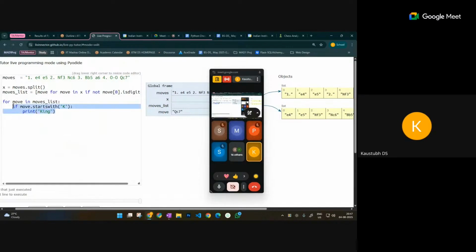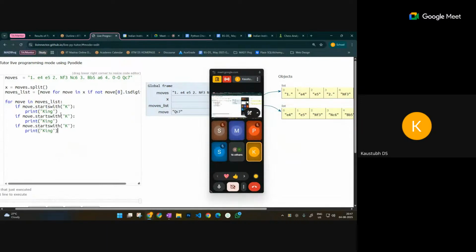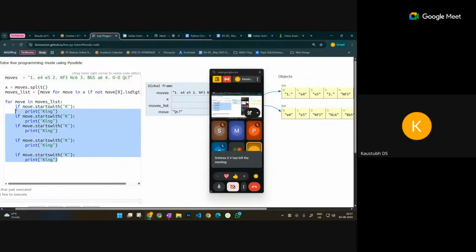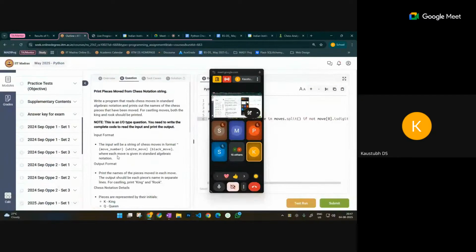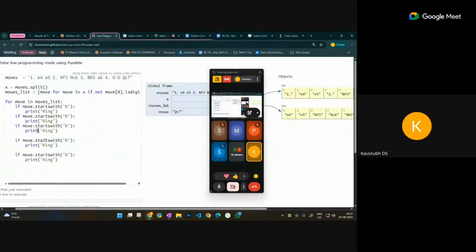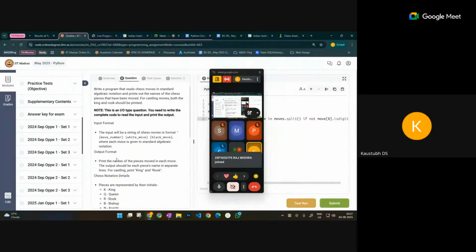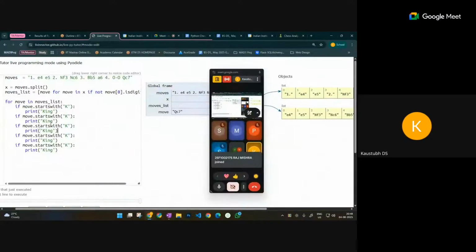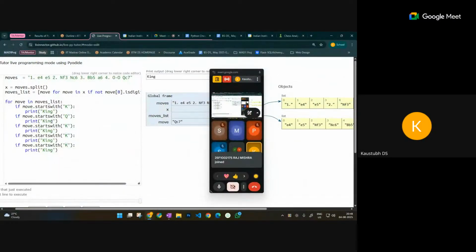I'll copy this and paste it this many times. This can also be solved by a dictionary, everyone. We can just create a dictionary, and I'll show you another way of solving this later. First, the simple logic. If it starts with a K, we print king. If it starts with a Q, we print queen. And if it starts with